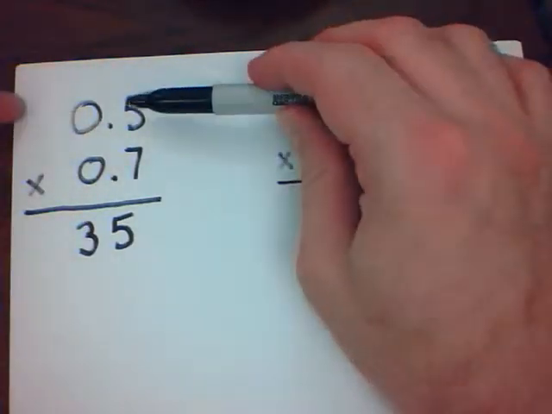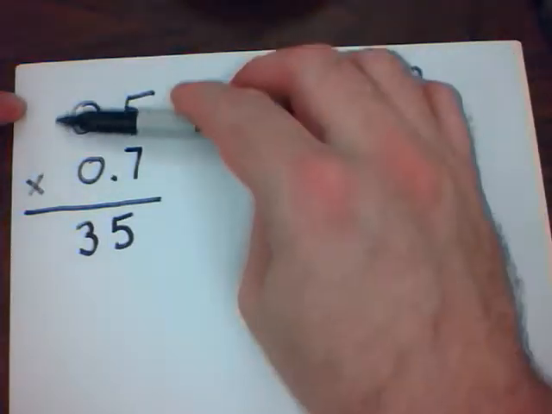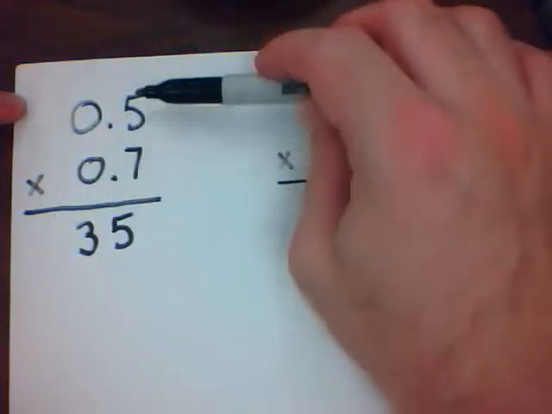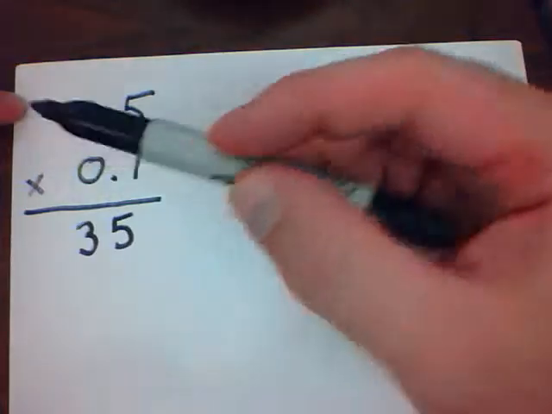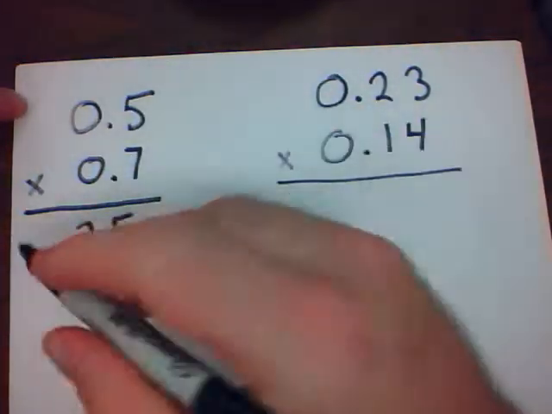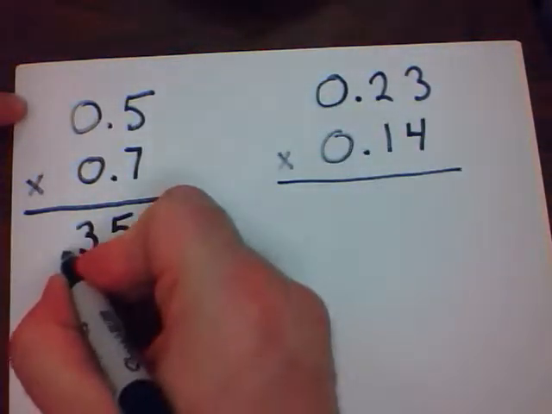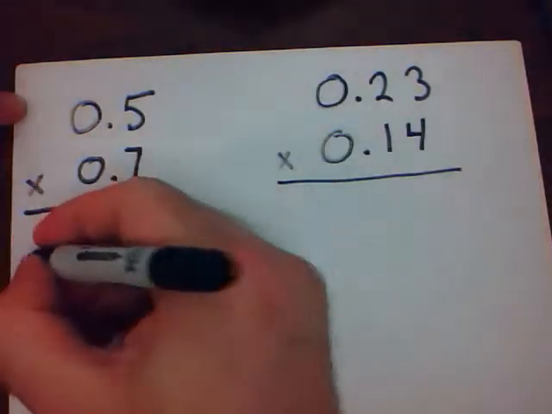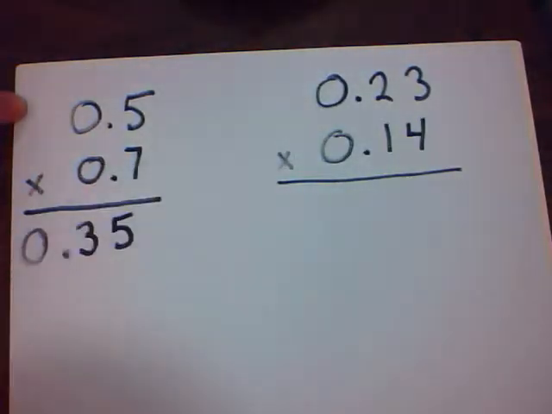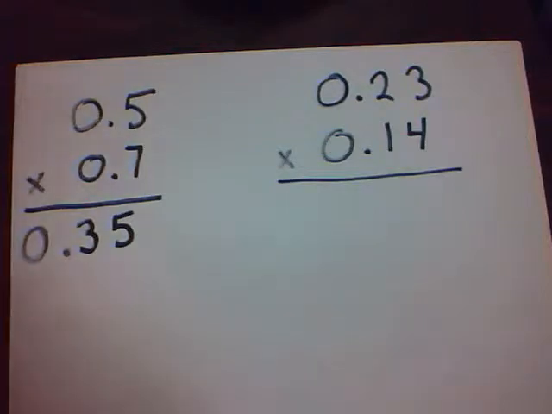Now, how many numbers are there behind the decimals in the original question? There are 2 numbers behind a decimal. I must have 2 numbers behind a decimal here. So I'm going to make sure that there are 2 numbers behind the decimal. And there is the correct answer. Now,